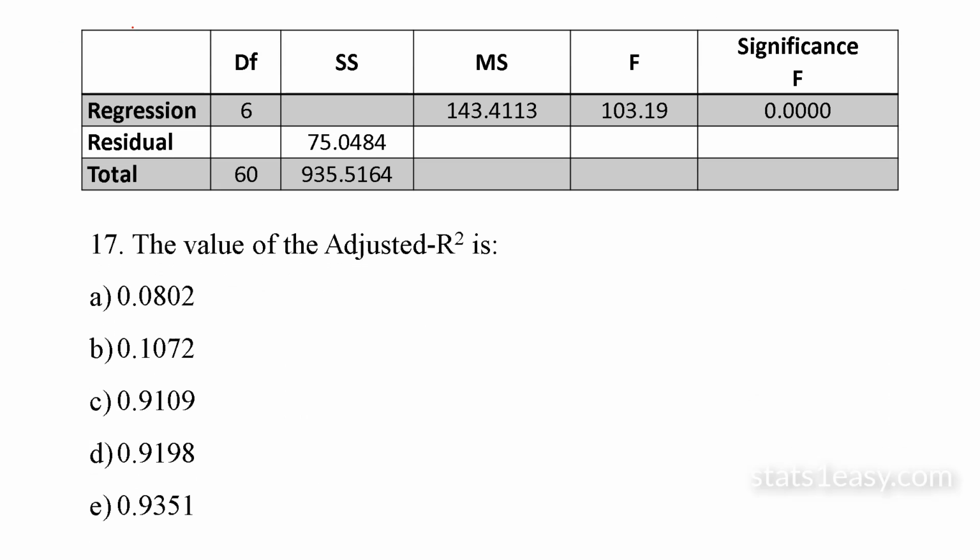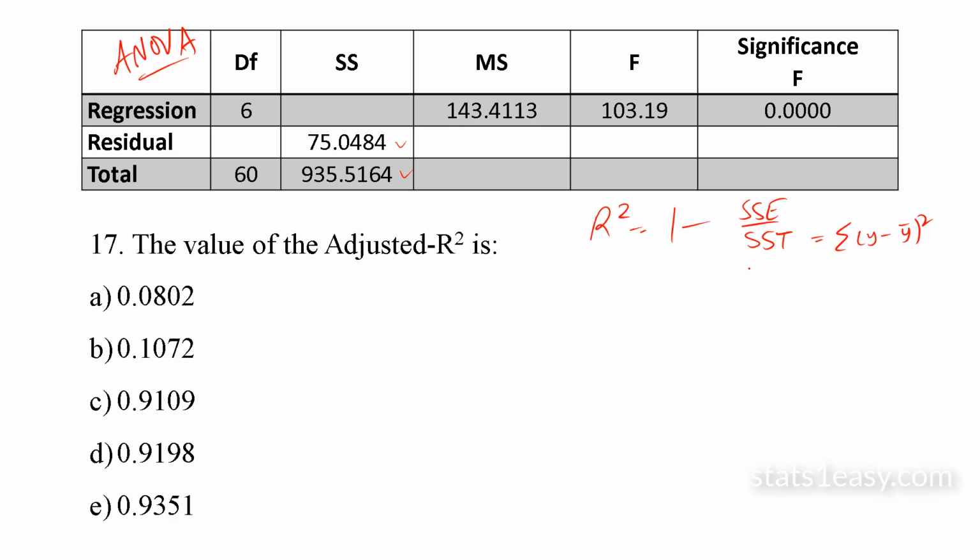Here we have an ANOVA table, and we want to find the value of the adjusted R squared. There are a couple of formulas we can use. We can find R squared easily here. Okay, we can find R squared by using 1 minus SSE over SST. SST, which is the sum of y minus y bar squared, SS total. So we have those two values here. We can find them and then use the adjusted R squared formula that has a relationship with R squared to